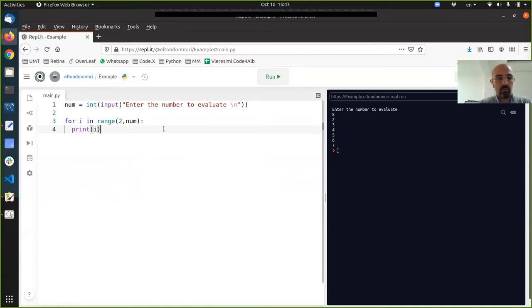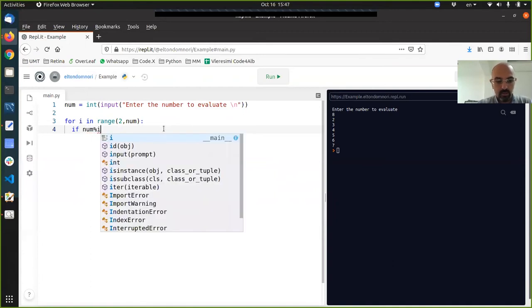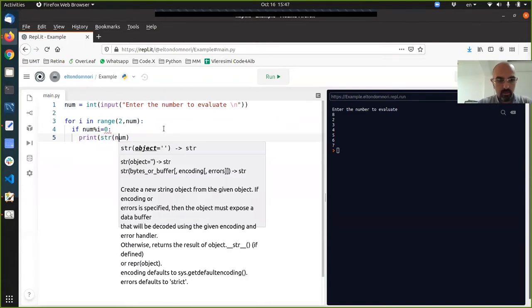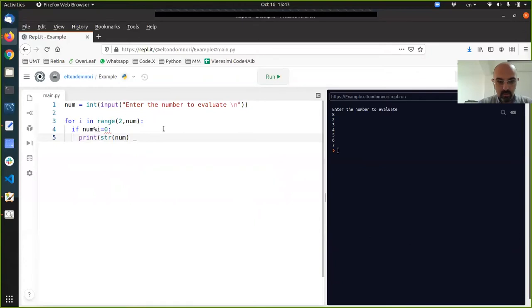Okay, but what we have to do with this i, we have to evaluate whether n entered by the user modulo i equals 0. Print num, str num, a message saying that num is not a prime number, because whether I find such a number